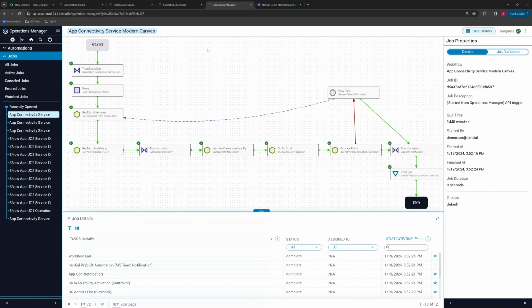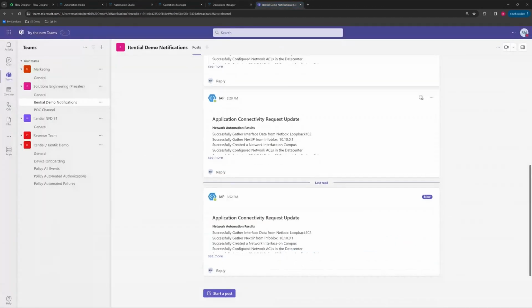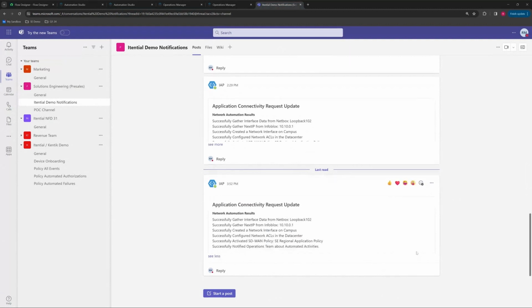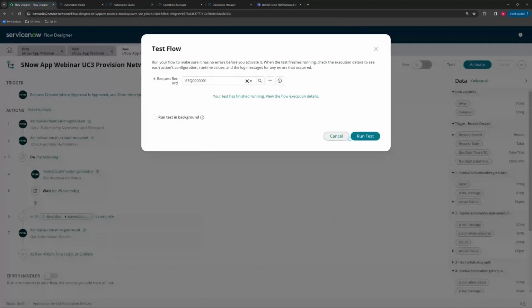So this is kicked off from the ServiceNow side of things, but you can see it's provisioning all of this and contacting the systems, and then when it's finished, you can see here this is a new notification in our MS Teams chat for this channel, and this gives us insight into the fact that something was completed, an application connectivity service update was made, and it was completed. It successfully activated all of these different domains, and of course, this was requested from a ServiceNow flow